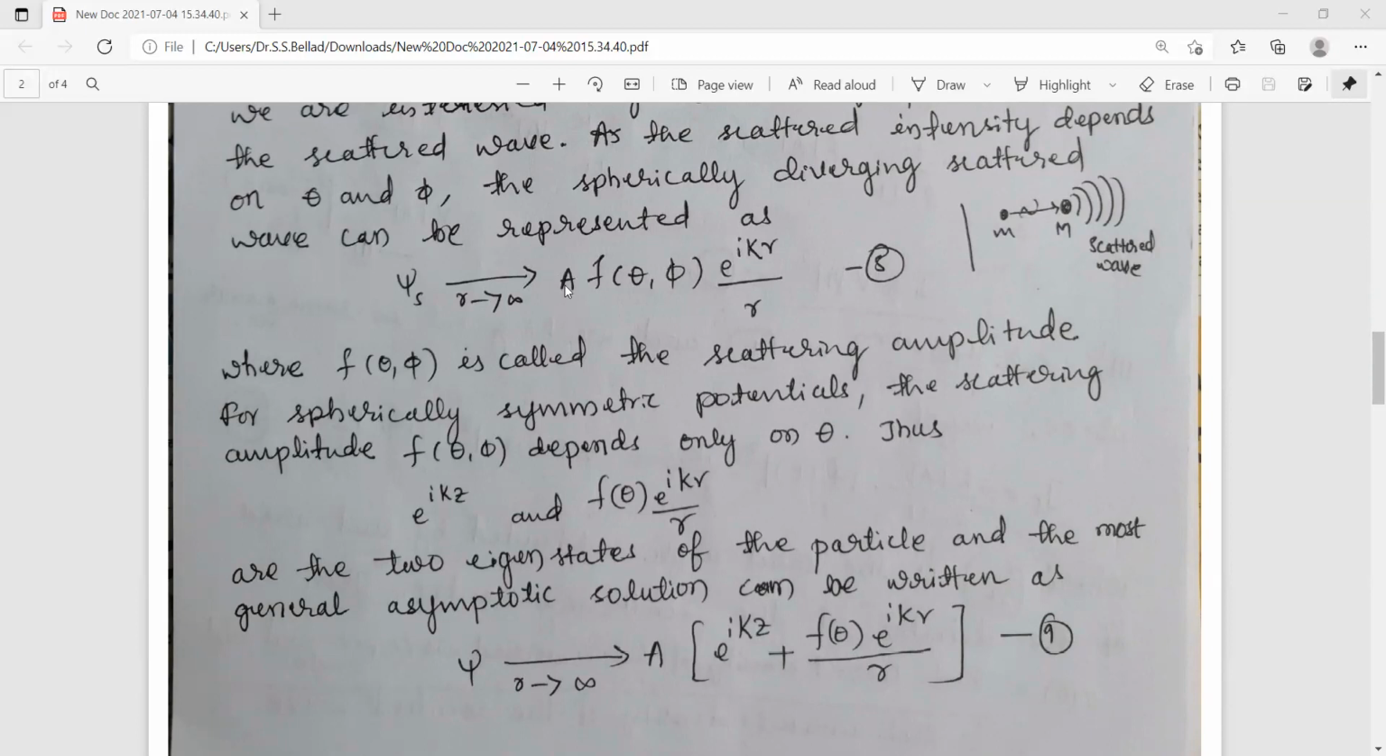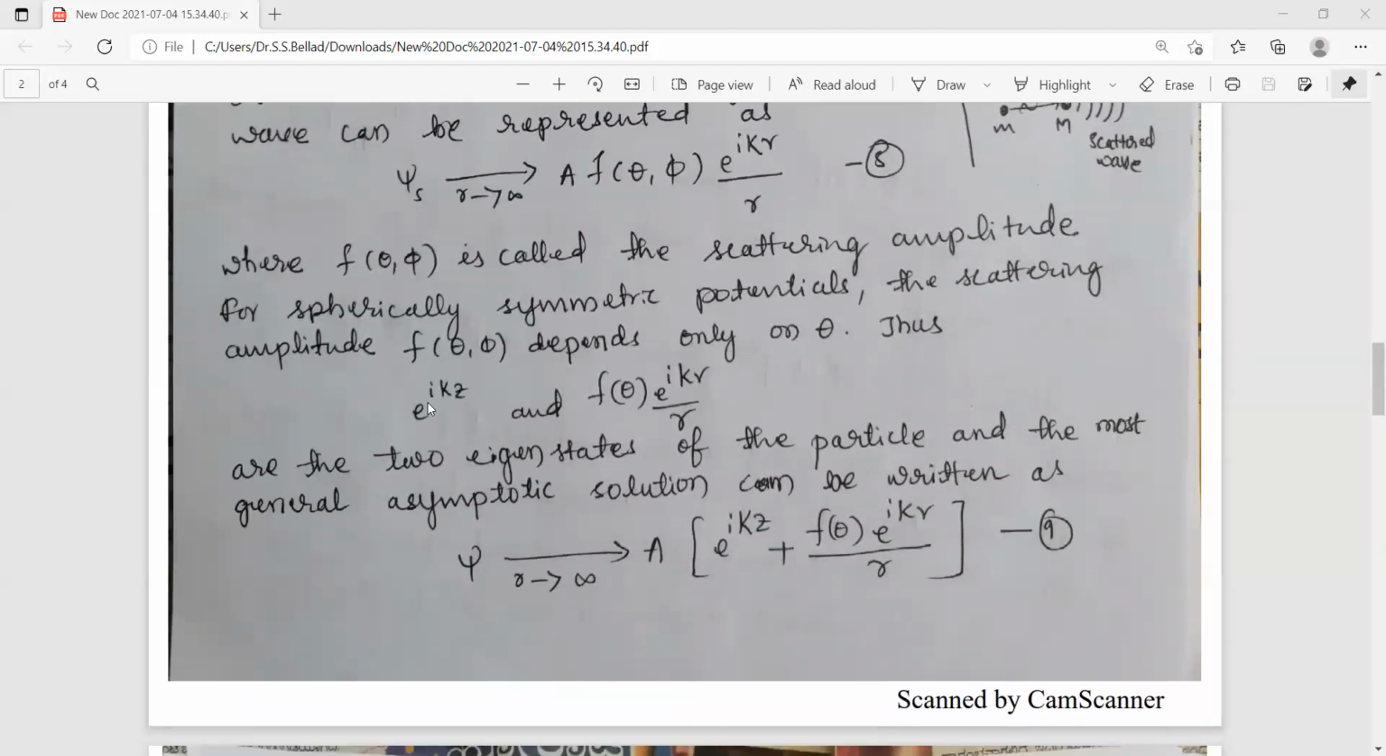That means this small a is the amplitude of the wave before scattering. So this is the amplitude of the wave after scattering. That is why this is called the scattering amplitude. So for spherically symmetric potentials, the scattering amplitude f of theta comma phi depends only on theta, and thus these two, that is e raised to ikz and f of theta into e raised to ikr divided by r, are the two eigenstates of the particle,